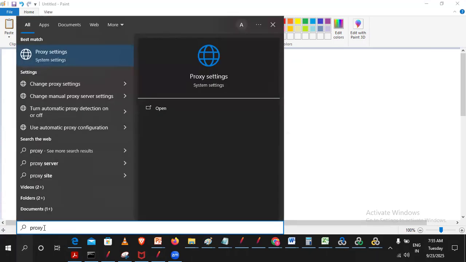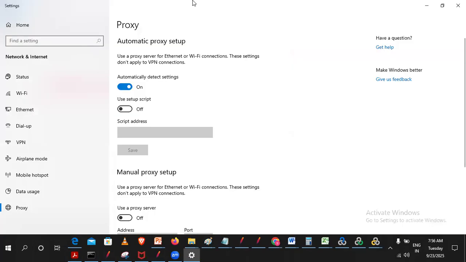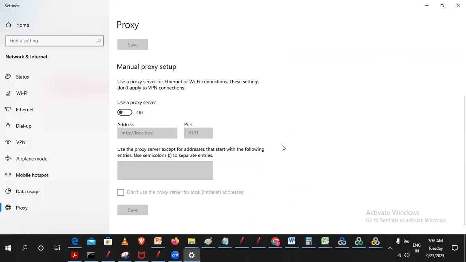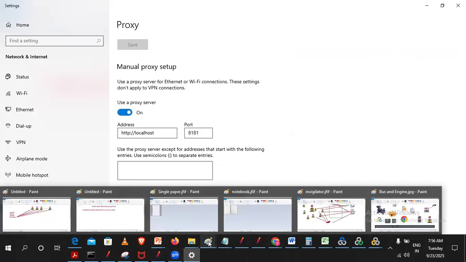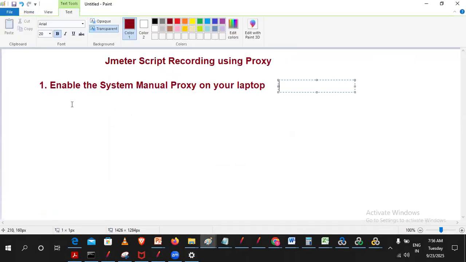Just type proxy settings. Okay, you'll get this proxy. Here, you need to enable the manual proxy setup. Okay, and next step is